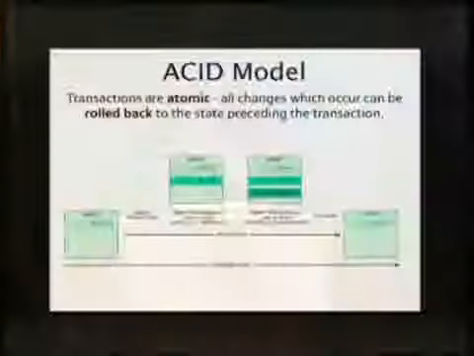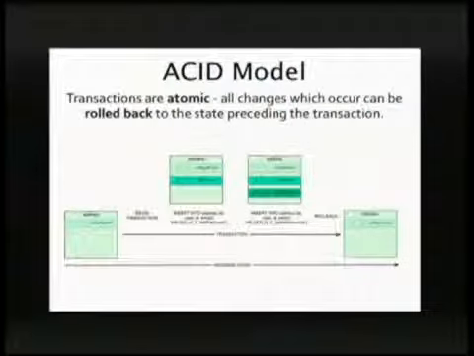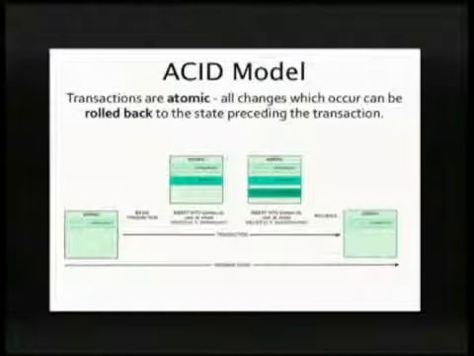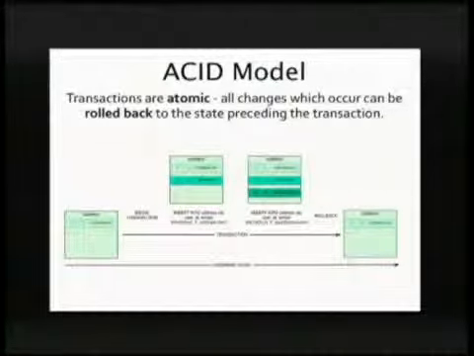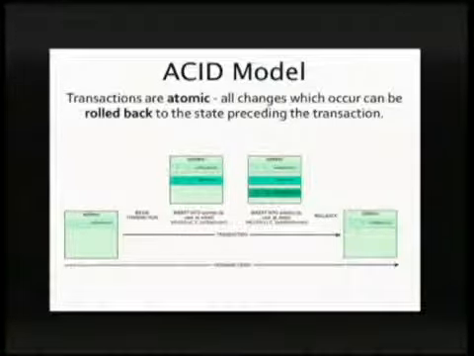So the ACID model. The A in ACID stands for atomic. And atomic means that you can do a bunch of things in a transaction that don't actually affect the final state of the database until you commit them. And if you roll back the transaction, then everything you do is gone. So in this little picture I have here, the green box is a table that stores, in this example, email addresses. And the green bars are little rows being added to the table within a transaction,